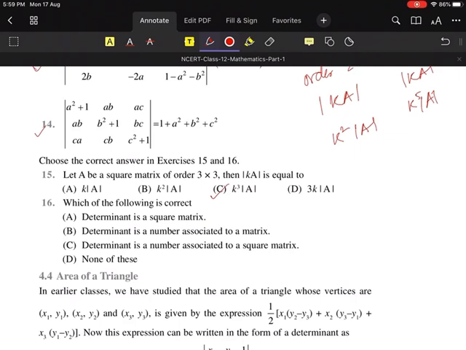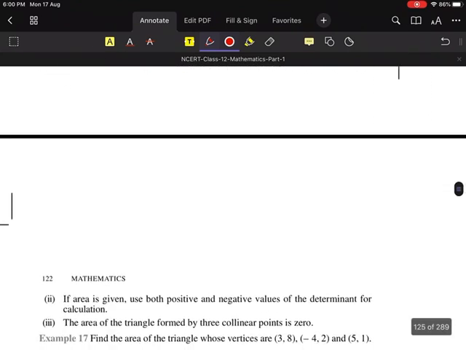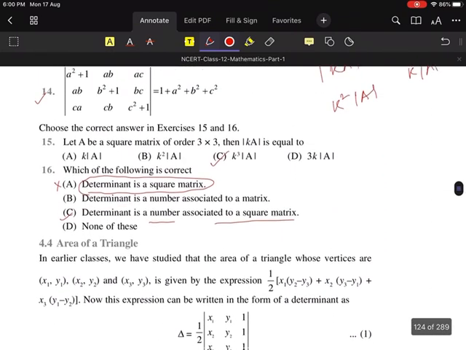Option A or C? Determinant is a number. How can it be a square matrix? If determinant is a square matrix, then what was the reason for starting a new chapter on determinants? We should have learned it in matrices only. Determinant is a number associated to a square matrix. A or C? Okay, clear? Determinant is a number. We have been finding out so many numbers. Now let's